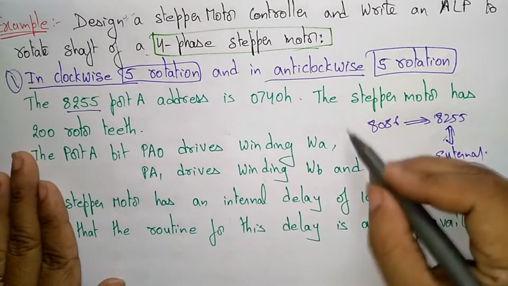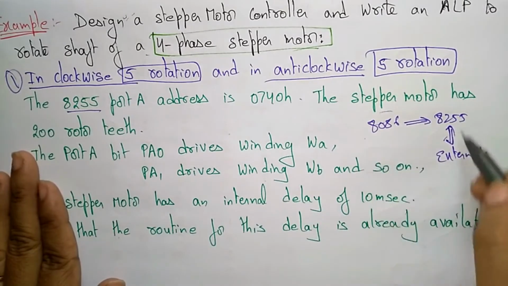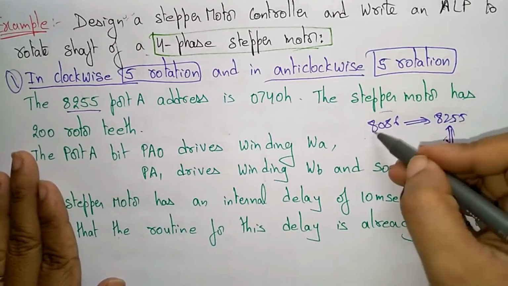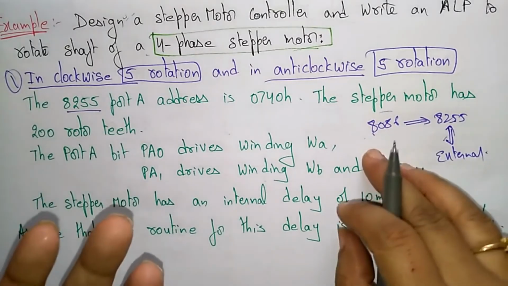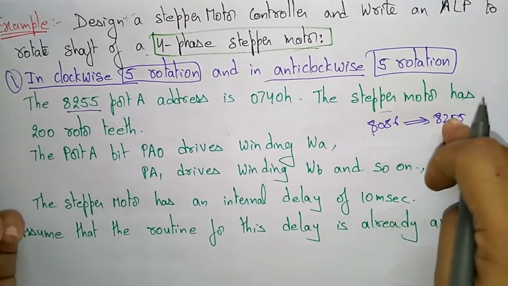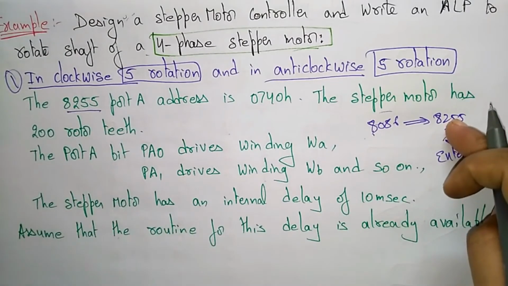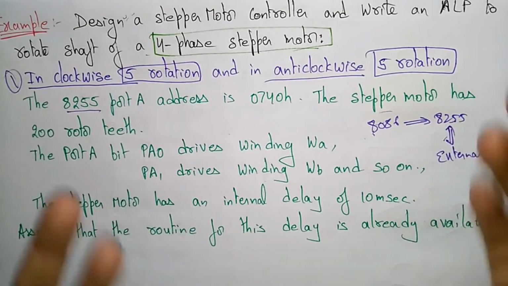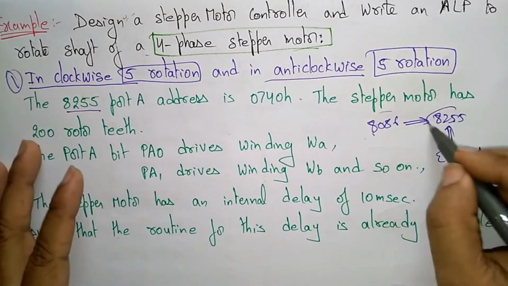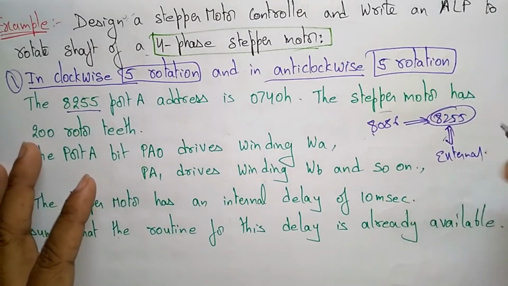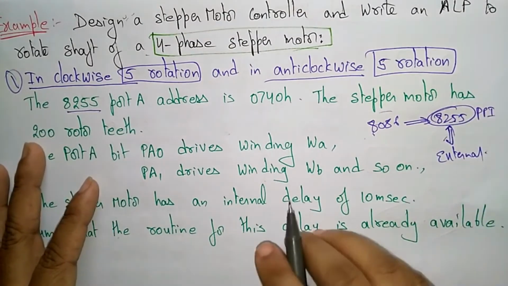Suppose if you want to meet the PM, first you have to meet the secretary. Then only the secretary will intimate that information to the PM. Just like that, if you want to meet the principal, first you have to ask the peon whether the principal is free or not. So it is acting as an interface and a mediator, this 8255. That is the programmable peripheral interface.